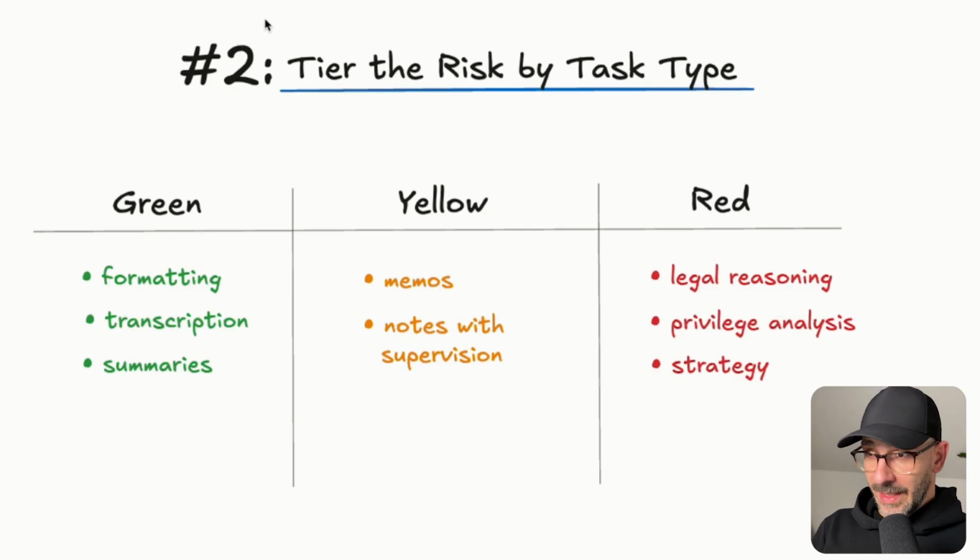For example, formatting, email tone changes, transcription cleanups, and internal note summaries. Medium risk, so the yellow tier, is drafting internal memos, matter summaries, or intake notes. These are allowed only if the content is anonymized or reviewed before being stored and shared. And the high risk is legal reasoning tasks, privilege analysis, strategy work, or anything that leaves the firm's walls. This is strictly prohibited in consumer and public AI tools, or only permitted inside secure, private environments where data never leaves the firm's control. Once this tiering exists, the team members stop guessing. Every AI task becomes classified, defensible, and accountable, instead of unlocked and legally indefensible.